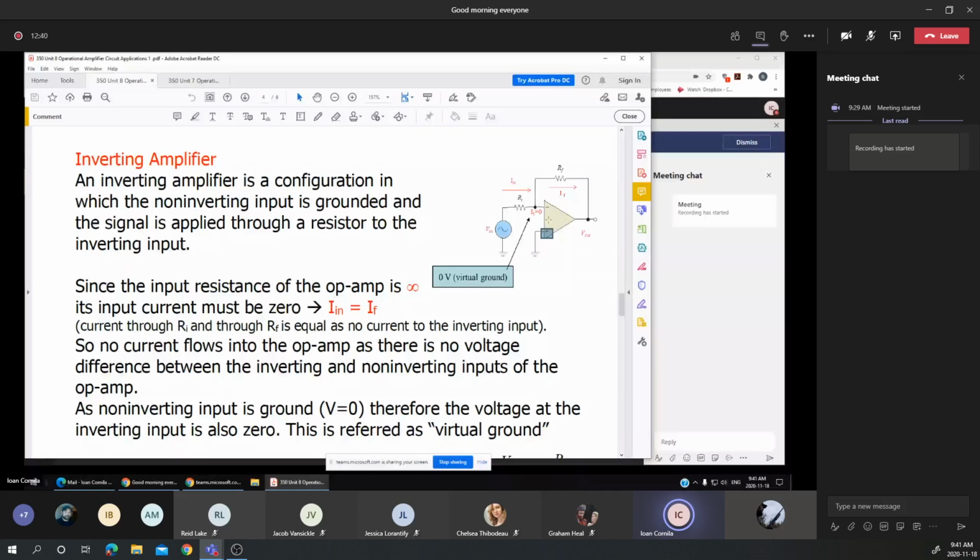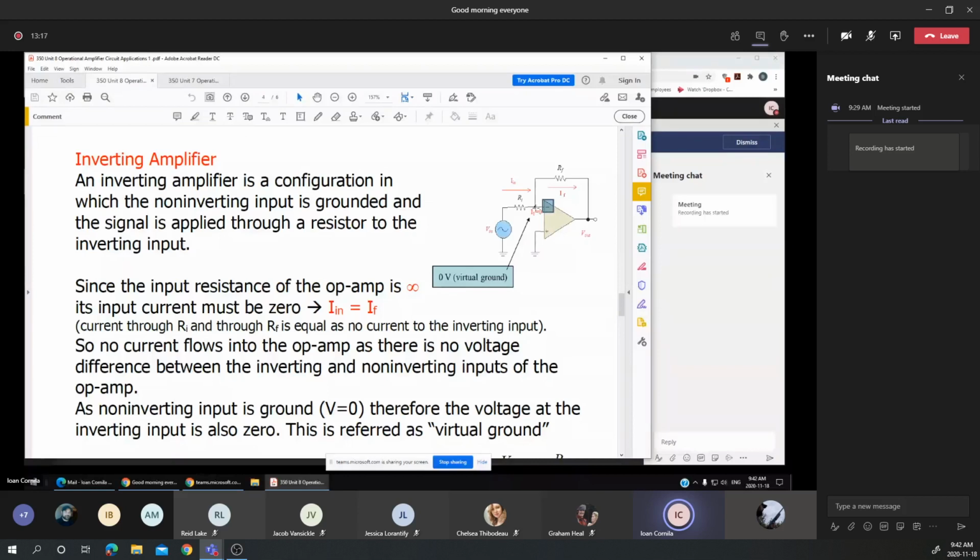One of these rules and laws that applies in this configuration for an inverting amplifier: remember that if the current is flowing into a junction, it has to be split into the other two currents. But again, the current that flows into the non-inverting amplifier, due to a very high resistance between the two inputs,